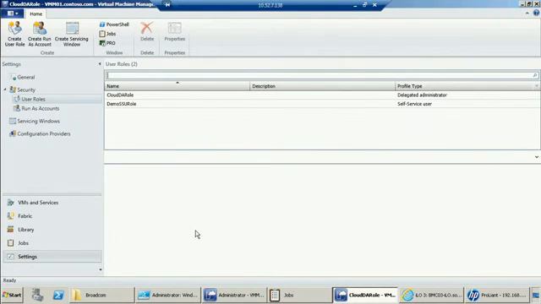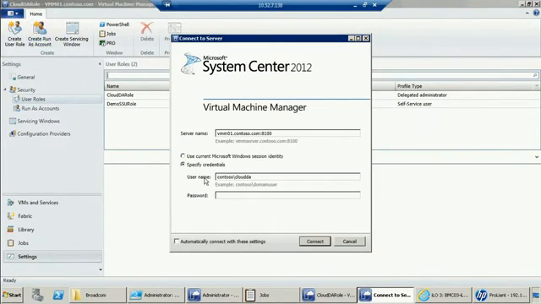Now, the next thing I'm going to do is log in as a self-service user and show you what his or her view is when they come into this console. Now that the capacity has been given out, I'll call up and say, hey, you asked for some capacity, it's ready for you, go ahead and see what you can do with it now. So I'll open my admin console. I'm going to get into my cloud SSU role,